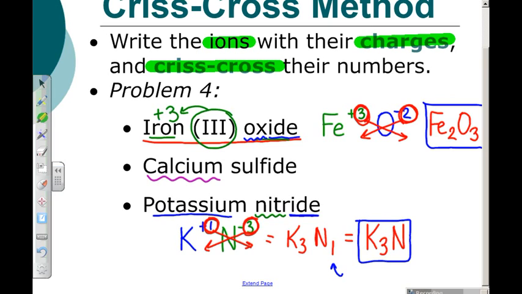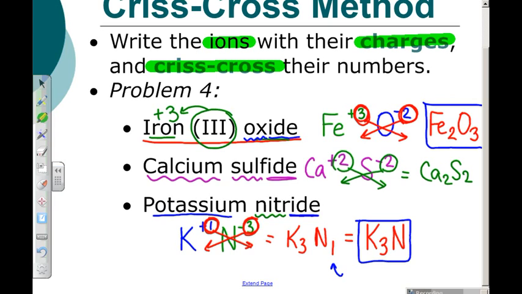We have calcium, whose symbol is Ca. Calcium has a +2 charge. Sulfide has the IDE ending because it came from a nonmetal. The nonmetal started SULF. Well, that would be sulfur. Sulfur has a -2 charge. Now when we look at that, you might notice that a +2 charge and a -2 charge would cancel each other out right away. If I try the crisscross, look at what formula I get. The formula I would get out of the crisscross is